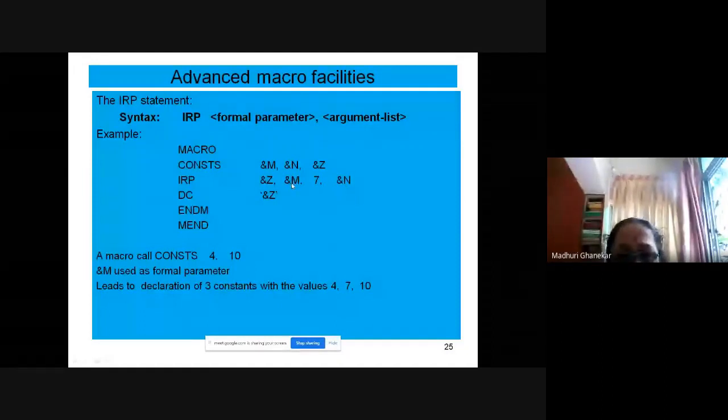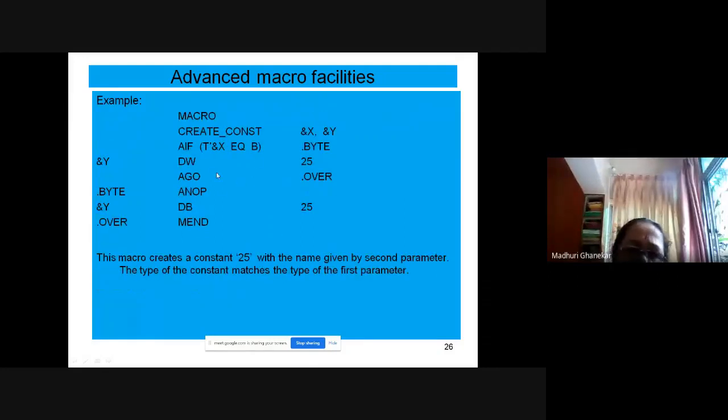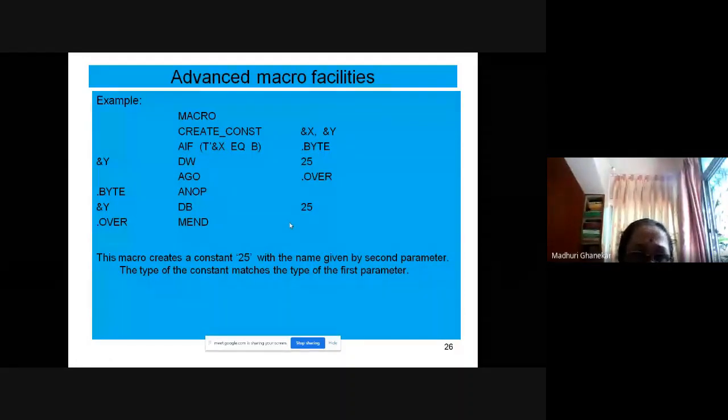So M, 7 and N. M and N, whatever actual values are coming from the user, those values will be taken. So 4 and 10 are taken. 4, 7, 10. That's what we discussed. And here again we discussed how to use that type inside the advanced macro facilities. I hope you must have understood all the advanced macro facilities and their expansion.